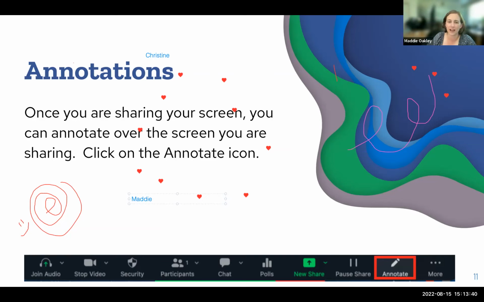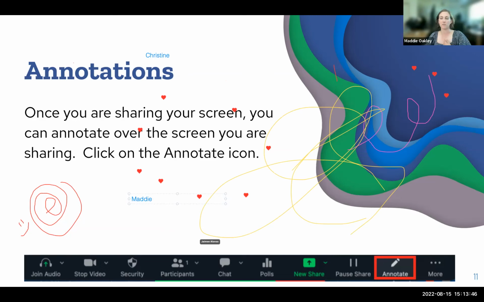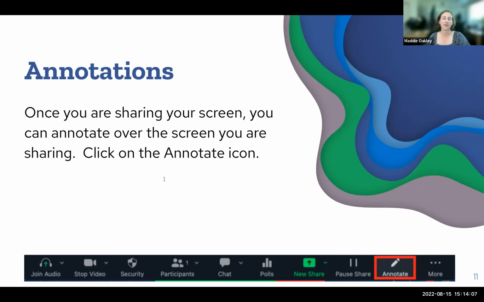And then I also have the option in annotation where I can clear all of my drawings. Like I just cleared, the only thing that disappeared was Maddie. I can clear my viewers' drawings, or I can clear all drawings. So that's something that we can do. So I'm going to go ahead and turn off annotation now, and I'm going to clear all drawings. And we'll move along with that.